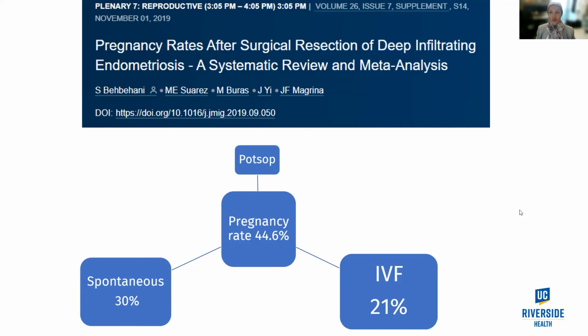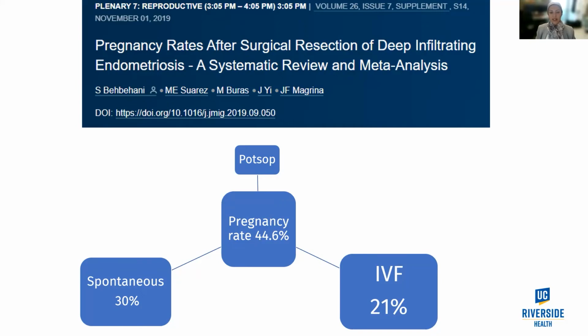And out of those patients, 30% get pregnant naturally, and 21% get pregnant with IVF. So again, that's important information telling us that endometriosis in itself may be the only cause of infertility, and removing that endometriosis may reverse the problem and may help improve chances of natural pregnancy, not only pregnancy with IVF. And for those of you who've gone through IVF, we know how stressful it can be on the couple. It's expensive, it's time consuming, it's a lot of injections, a lot of hope. And if we can avoid that and have women get pregnant naturally, that just means more pregnancies in the future without having to go through all the stress of IVF.